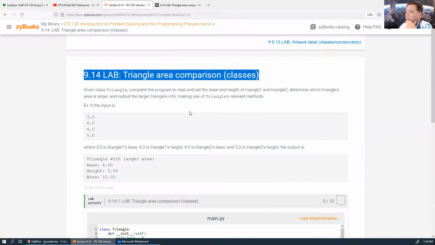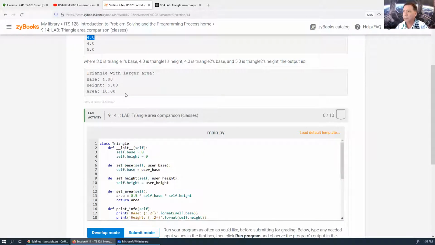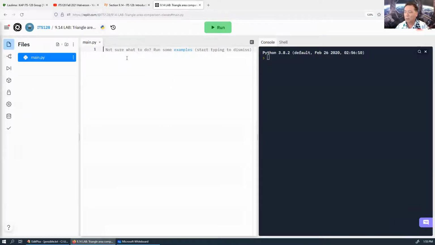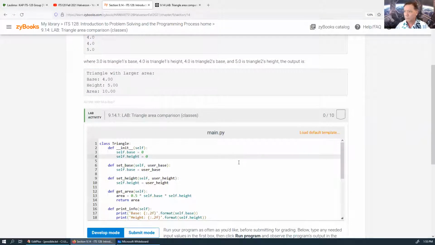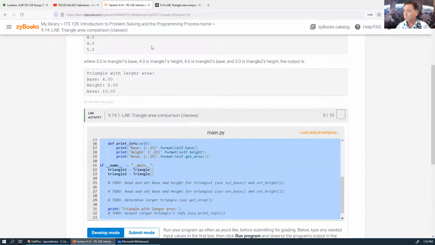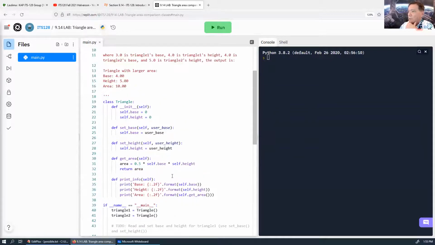All right, let's copy this. Copy. And let's put the starting code in there. Okay, so